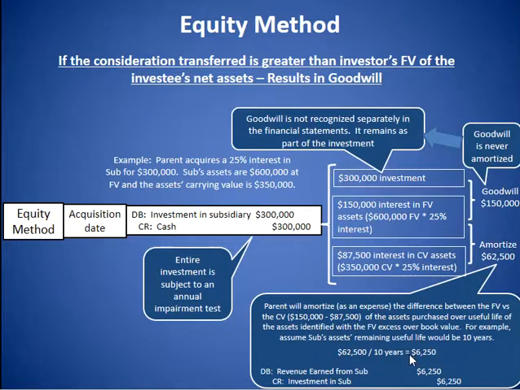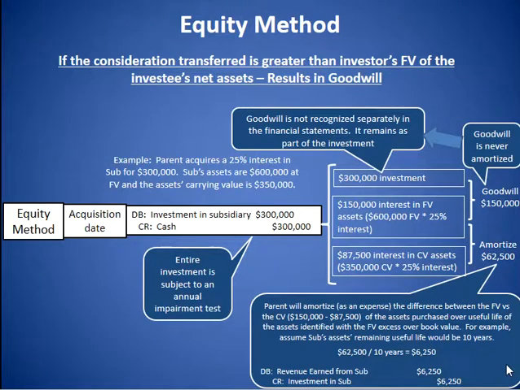We would have to amortize that investment to the tune of $6,250 a year for 10 years. So every year we would debit revenue earned from subsidiary, which would be an offset from our revenue that we earned in the subsidiary, and we would credit our investment in subsidiary to reduce it for the